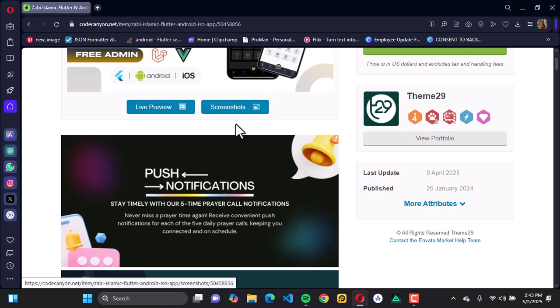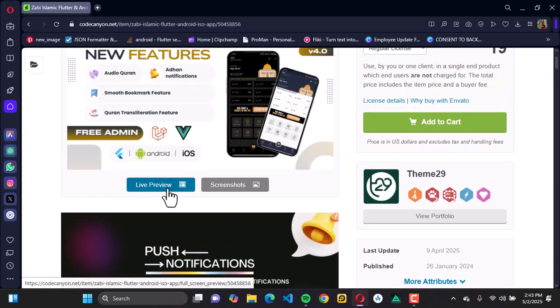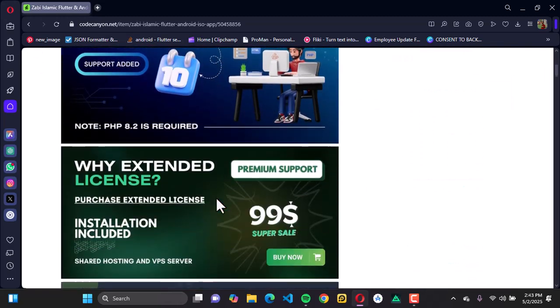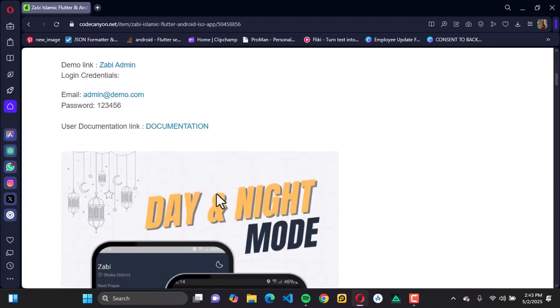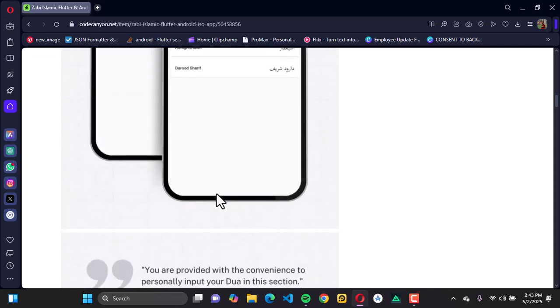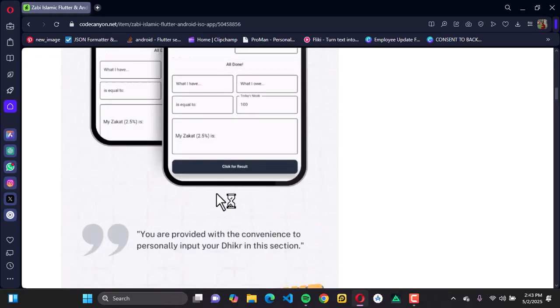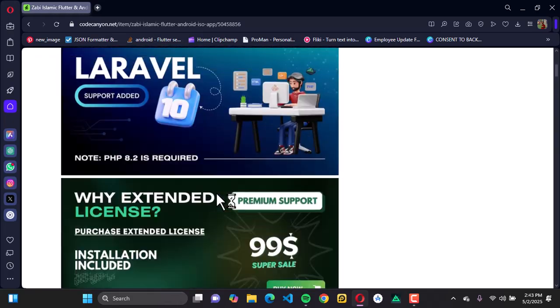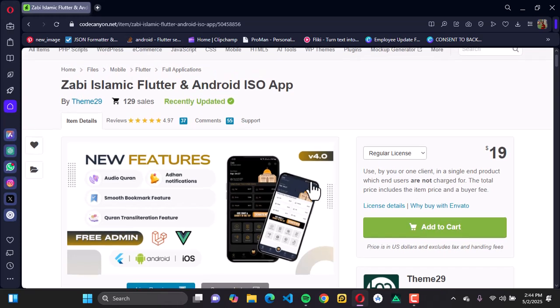The first thing we have to do is you can probably look at the preview live video of this application, as well as the screenshot, and do well to go through the documentation of this application in order to understand the features and all things that are inside this application. And once you're done with that, you could directly go to this button that is going to ask you